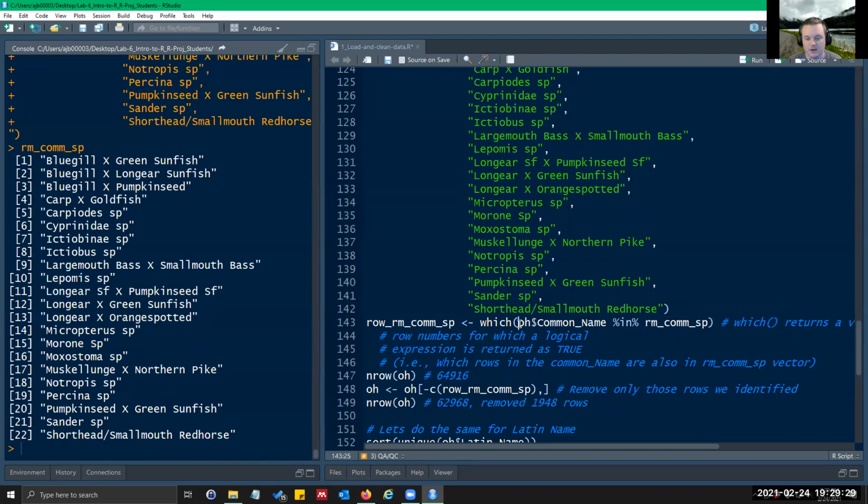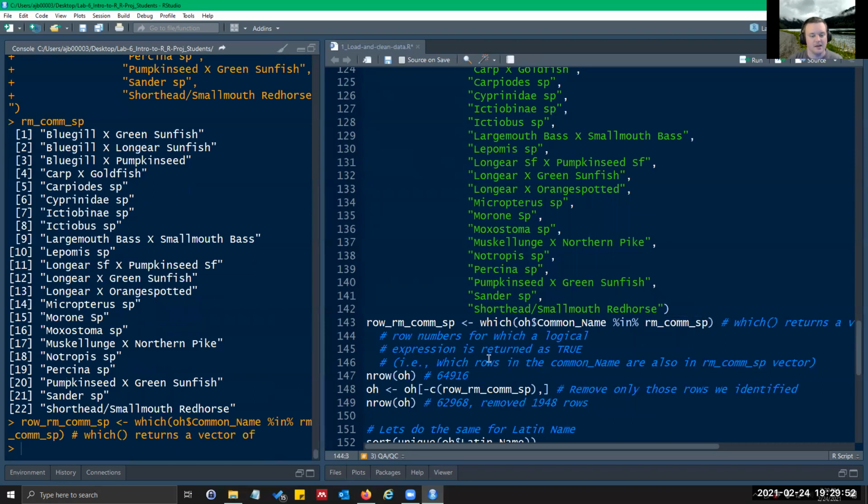So here I want to know which common names within the Ohio data frame are within, so percent in percent, the remove common species vector. And it doesn't matter that these are different lengths. It's just going to say which ones match.